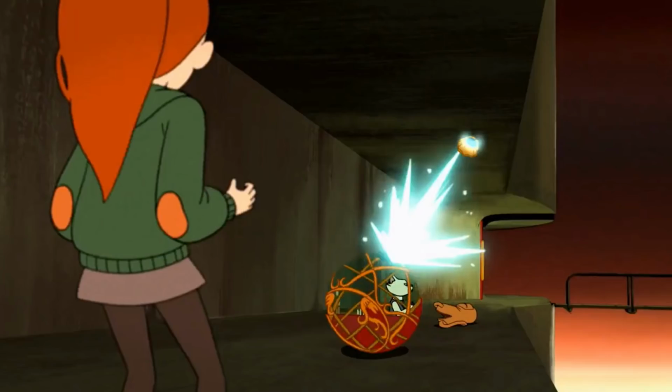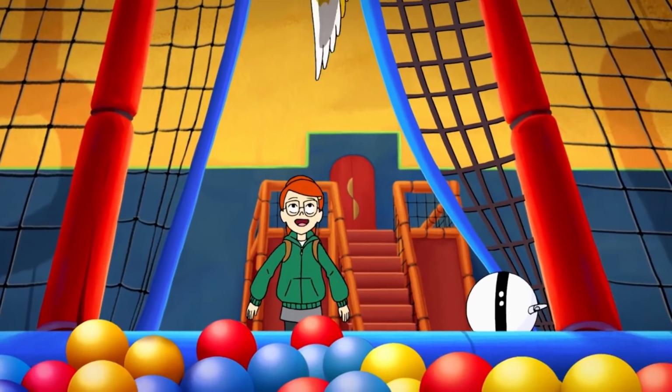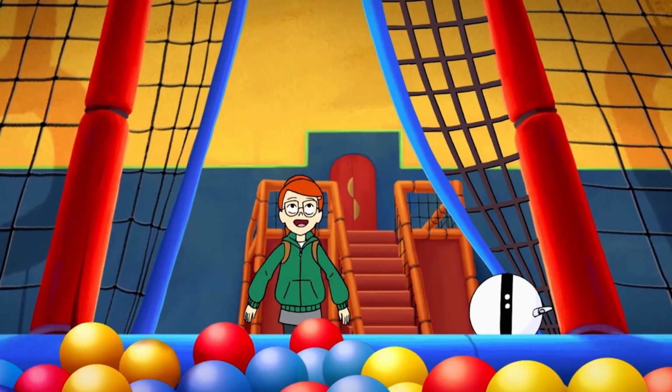The most interesting thing here, though, is this cat in a metal sphere, and you can also see Tulip's backpack lying next to this cat, and we see this cat fire something into the air. Yeah, that's certainly something, all right. And then we cut to a ball pit train car, and then fighting the steward from